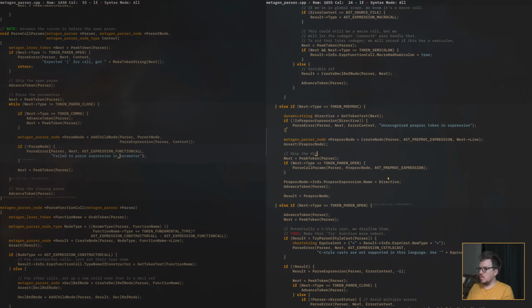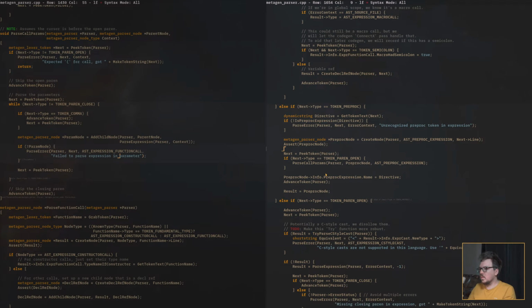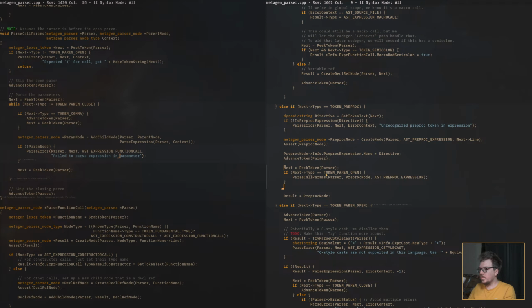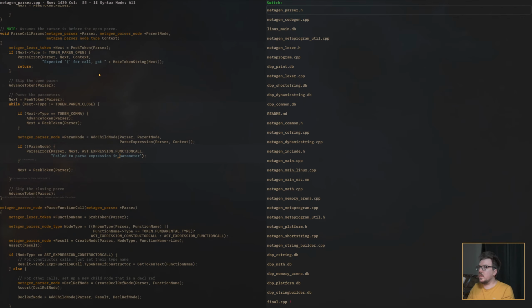Skip the directive. So we see the directive, we create the expression node, we have to skip over it. We were doing that down here, but oh, wait. Sorry, this just needs to go down here. Duh. There we go. So now our preproc expression stringify, it has a parameter. Great. So that's what we wanted to do. We're parsing those like function calls now.